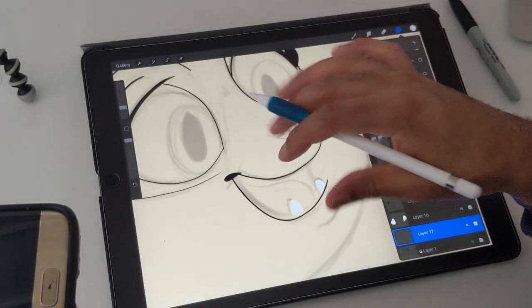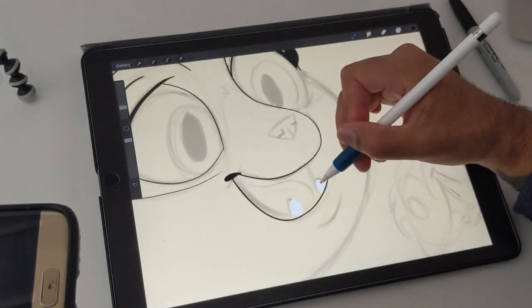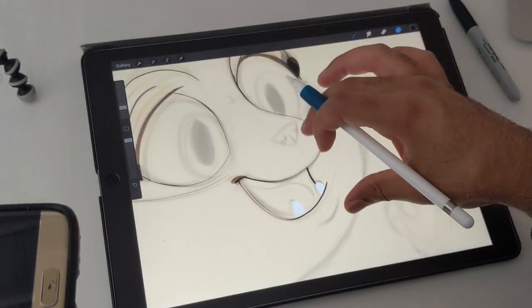And then I'm going to make another layer underneath just to finish off this line here. And then I'm just going to merge them all. So they're all still just one layer, but